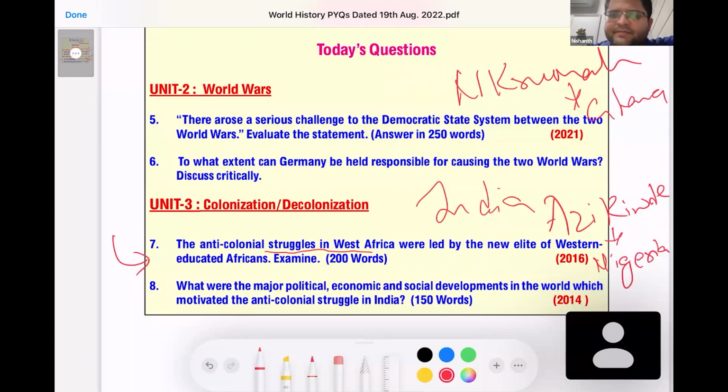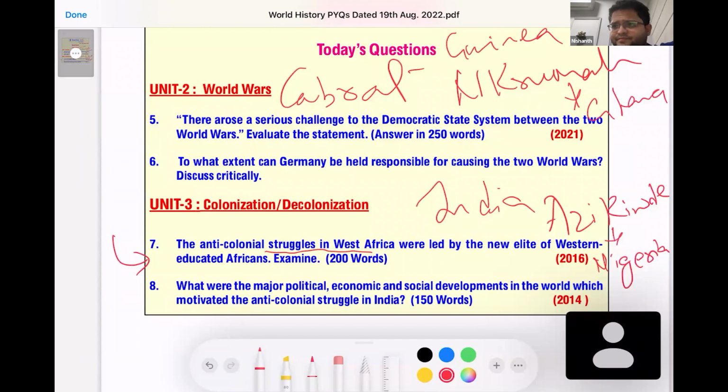Okay, another person is Cabral. Sorry. Okay, he fought for Guinea. Guinea was occupied by Portugal, so he fought for the freedom of Guinea. Okay, and then you can write these three names and say that these three people who were educated with Western education fought for the freedom of Africa, and subsequently you can say